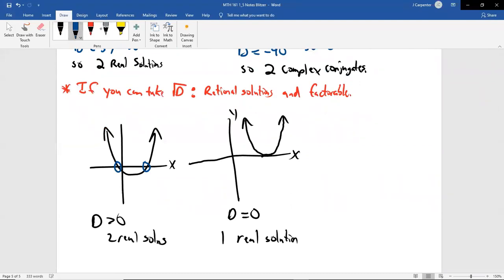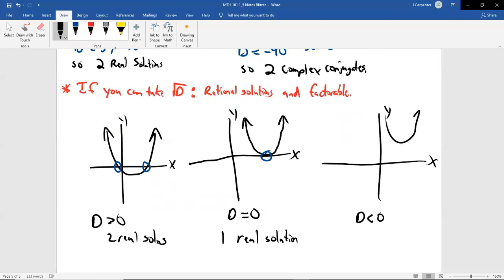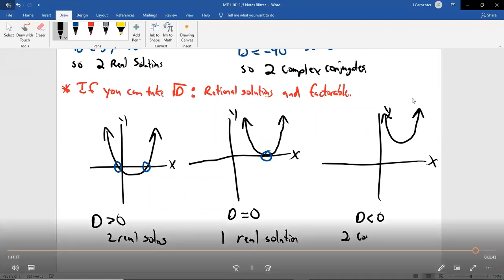Solutions to equations are interpreted as x-intercepts. And graphing these x-intercepts is going to be important. When your discriminant is negative, this is what your graph ends up looking like. And again, these graphs could point down or up, it doesn't matter. They won't point left or right because then they're not functions. This is not touching the x-axis at all. There are two complex solutions,